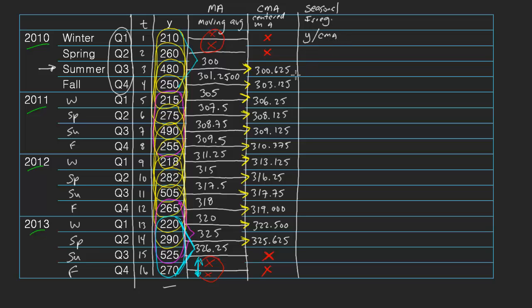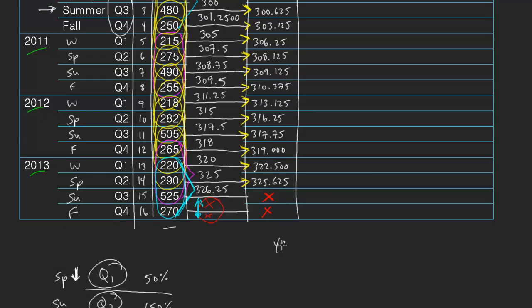So let's see what we would get there. If I take 480 and I divide 300.625, so 480 divided by 300.625, let's do that over here. What does this give me? It gives me